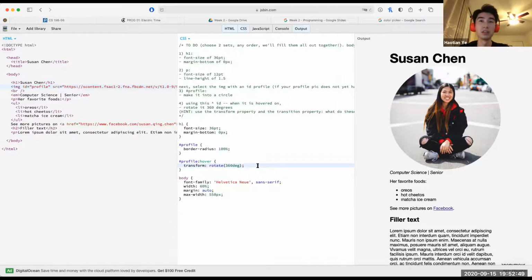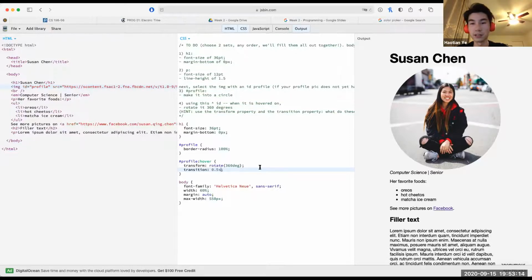So you think, oh, now I can transform it. If I hover on it, it'll work. But now I'm trying to hover on it, and it still doesn't work, because we have to specify how long this hover effect will last, which is where the transition property comes in. Transition takes a certain amount of time as its value. So let's say 0.5s.